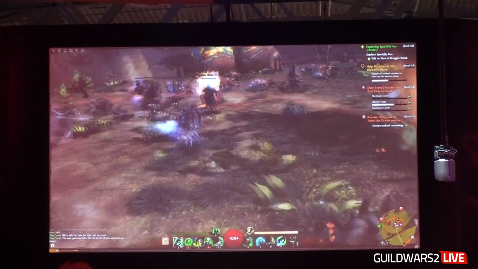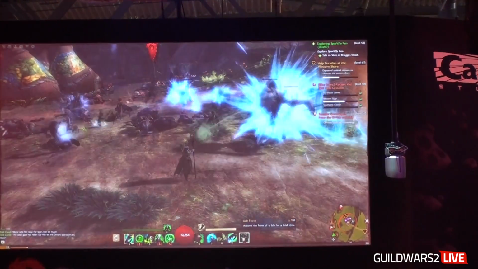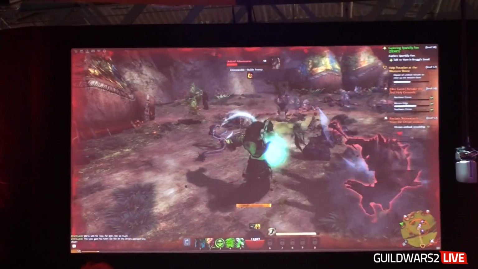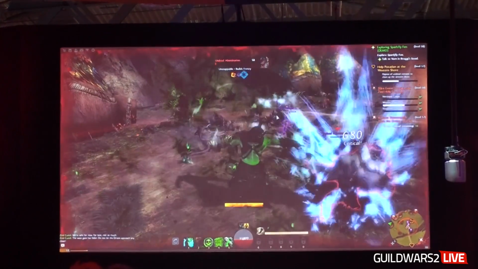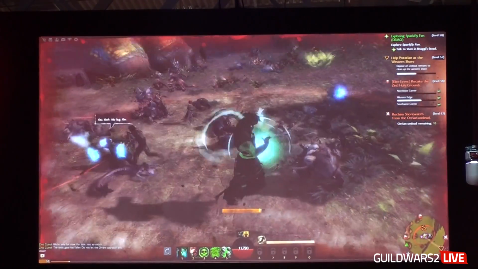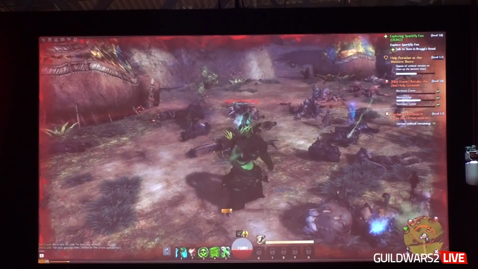So one of the new skills that the Necromancer has here on show today is his elite, which is Lich form. And when he uses that, he changes into a new form. And one of the really cool things, you can see Mike using it now, his second skill will summon these little minions. And he can keep using that skill to summon quite a few of them. And then after